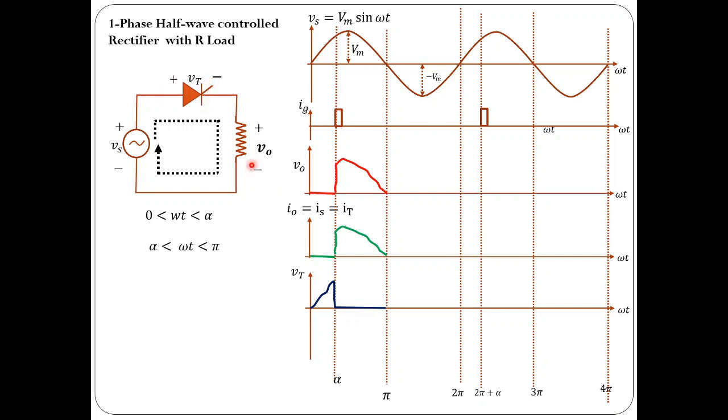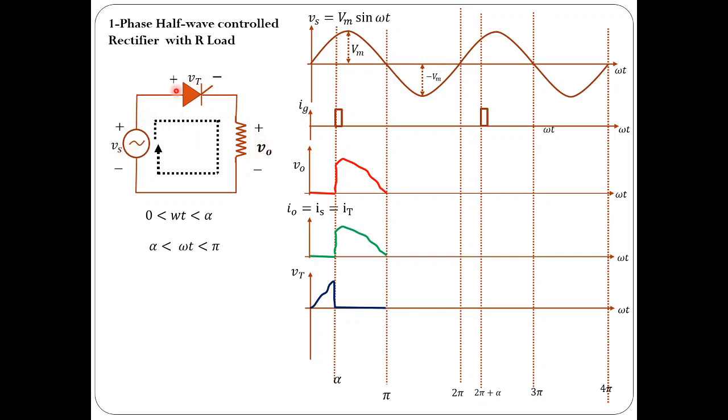Okay. So now, if you see at omega t equal to pi, the current already became 0, and we started applying reverse voltage, as you can see at omega t equal to pi onwards. This voltage has already reached 0, and the source voltage would appear across this, which is negative. So at omega t equal to pi, the current became 0 and reverse voltage is applied. So this switch would be driven into the off state now, and the voltage across the load is 0, the current through the load is equal to 0.